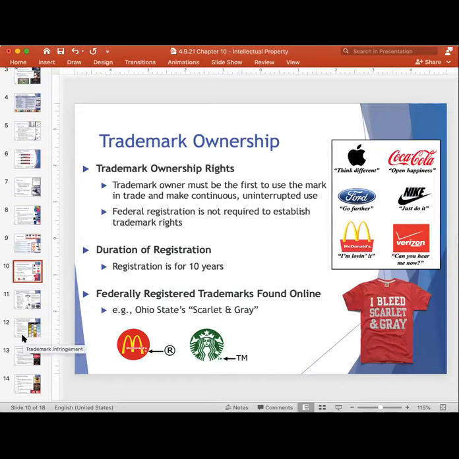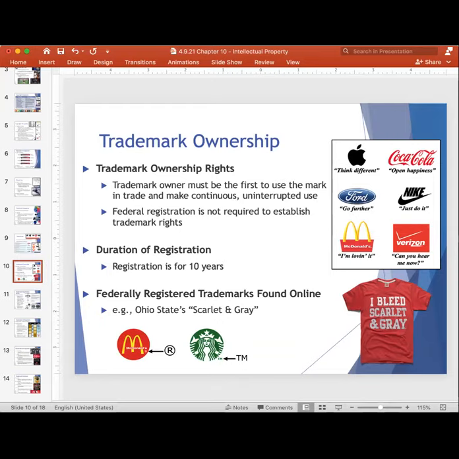When considering the rights and ownership of the trademark owner, in order to create ownership rights, the trademark owner must be the first to use the mark in trade and make continuous, uninterrupted use from then on. Once the trademark is used, consumers can rely on it to identify and distinguish the owner's particular goods or services